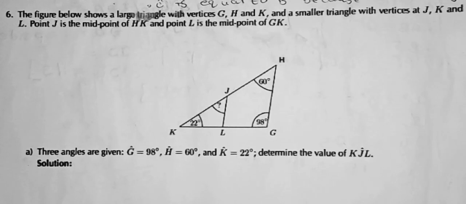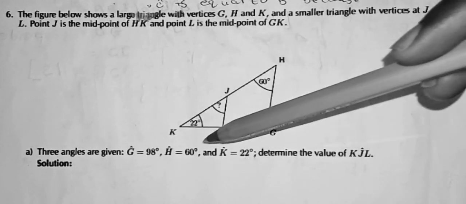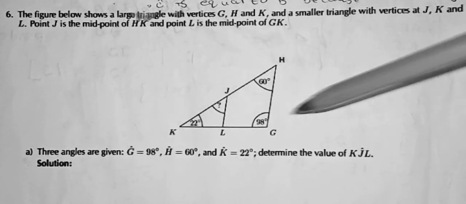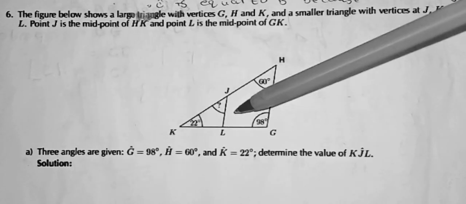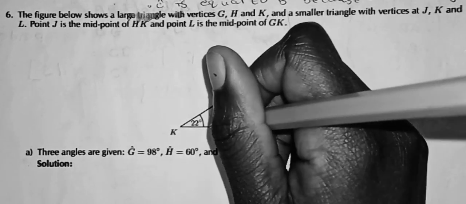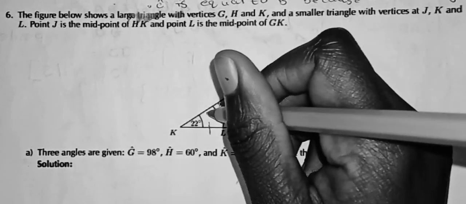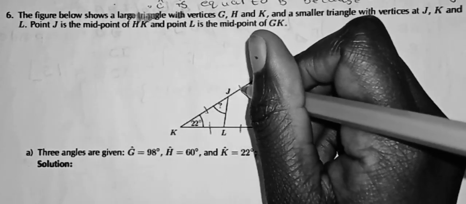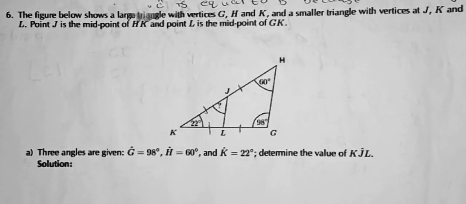Because L is the midpoint of KG, you have to know that if it is a midpoint, this side and this side are equal, and this side and this side are equal. For you to find this angle, you've got to use a